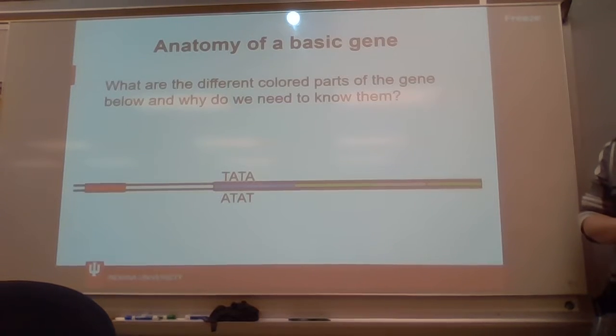So on Friday, we started talking about the process of transcription. Transcription means to make a copy. And so we're making a copy of DNA in the form of RNA. And when we look at a gene, which is the unit of DNA that we're transcribing, that we're going to end up making an RNA molecule or a protein from, there's 4 important parts we discussed towards